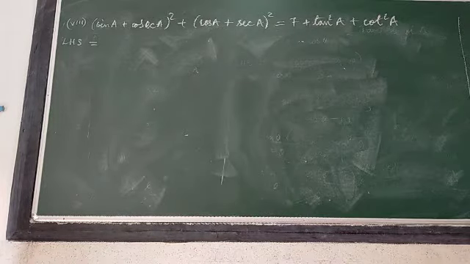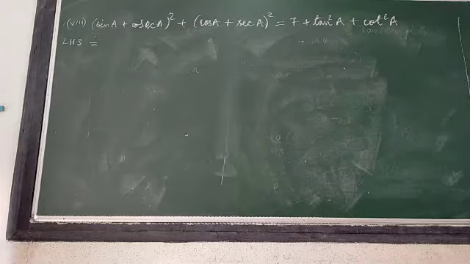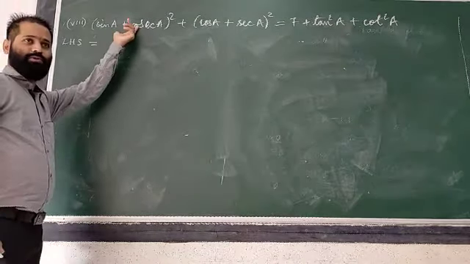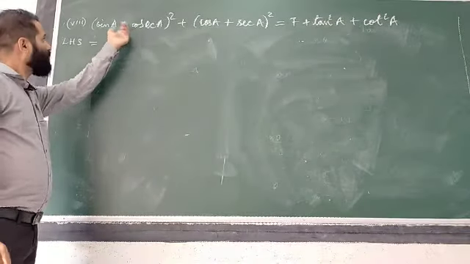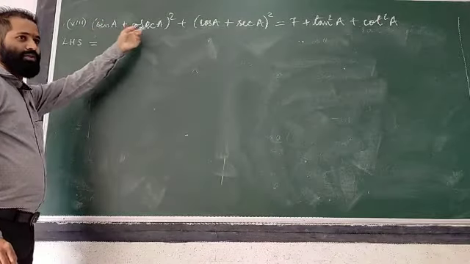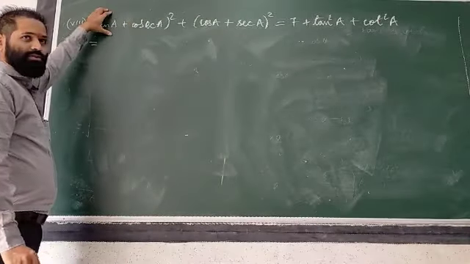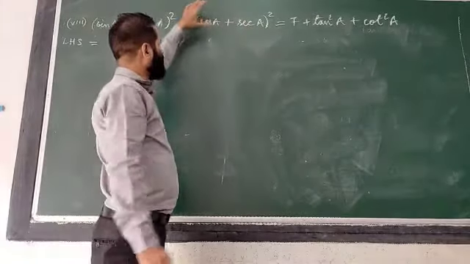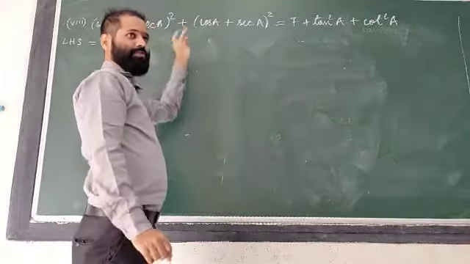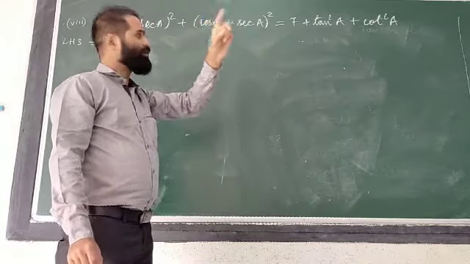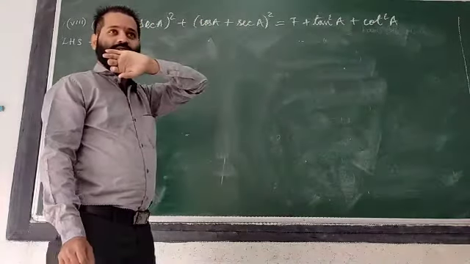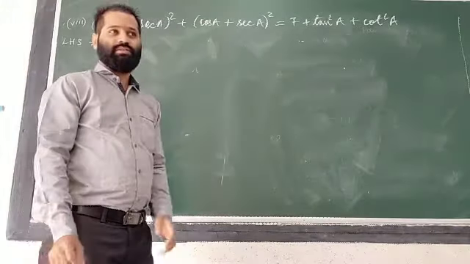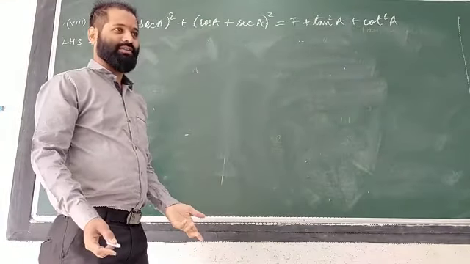Now your target is to get 7, and you are not having a number like that. But we know that if I take this one as a plus b whole square, we will be having a square plus 2ab plus b square. That means we are having sin square. If I square this also, I will be having cos square. Sin square plus cos square is 1. We got 1. We require 6 more. Understood or not? At least we got 1.